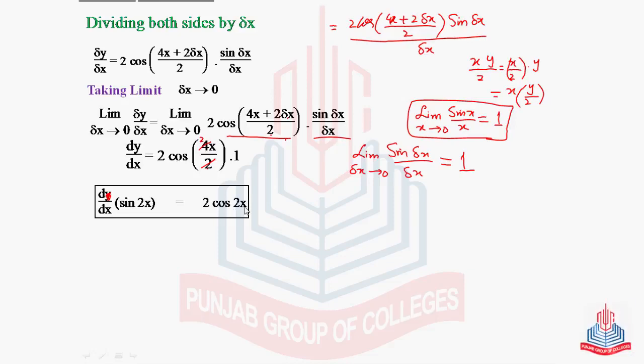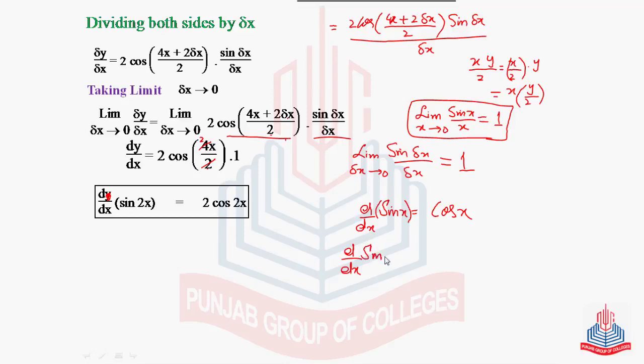So from this result we can conclude that we know the derivative of simple sin x, which we proved in our theorems, is cos x. So the formula of derivative of sin x is equal to cos x. But now we have derivative of sin 2x here, 2 cos 2x. So we may conclude that this actually happened like this,